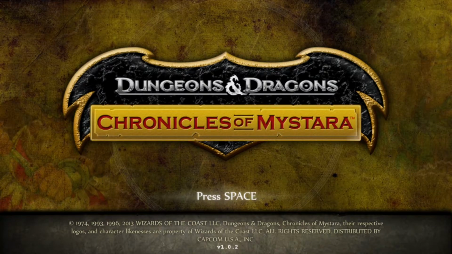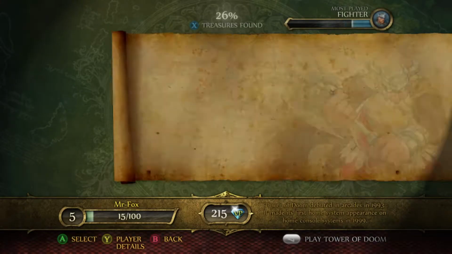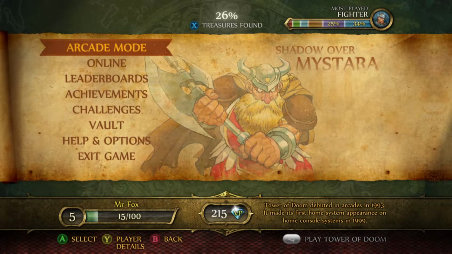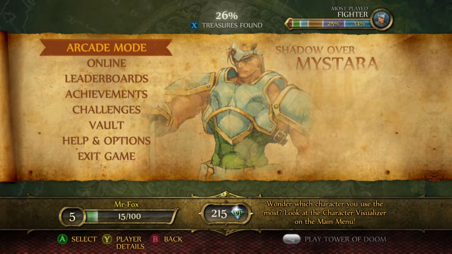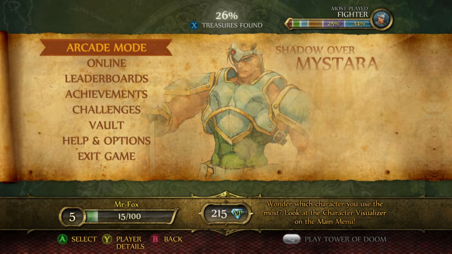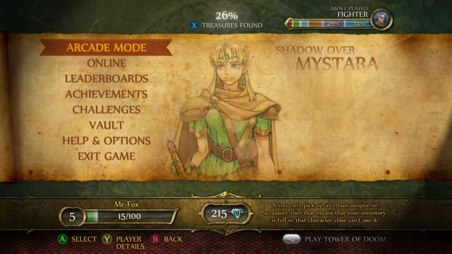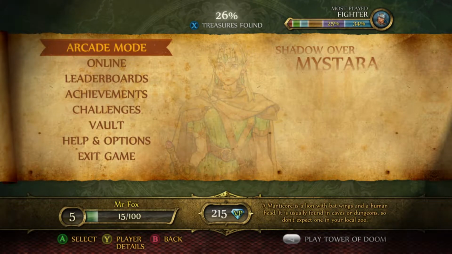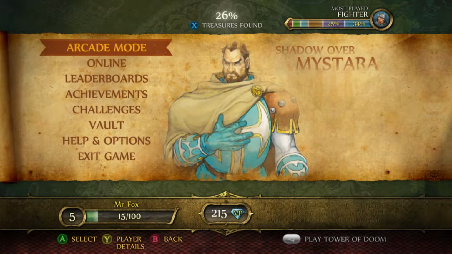In today's episode, I'm going to play Dungeons & Dragons Chronicles of Mystara. Chronicles of Mystara is a compilation of two old-school arcade games from Capcom based on the Dungeons & Dragons license. So the first game, which was released, I believe, in 1994 in arcade, was Tower of Doom. And the second one, the one I'm going to play today, is Shadow over Mystara. I think it was released in 1996 in the arcade, and then later on in some